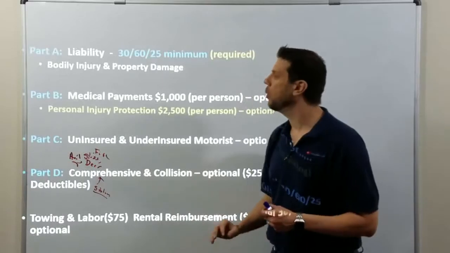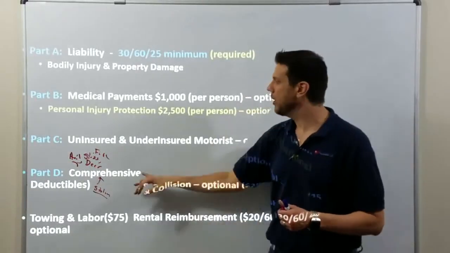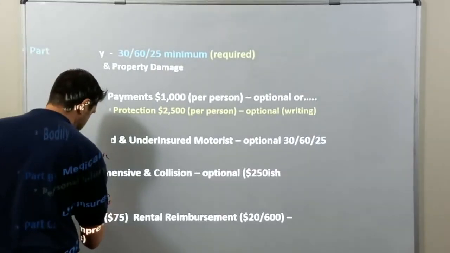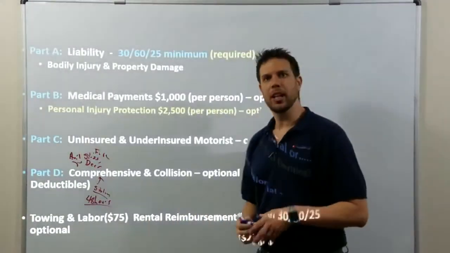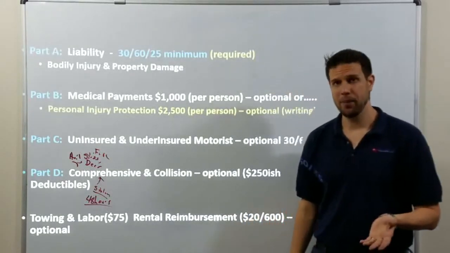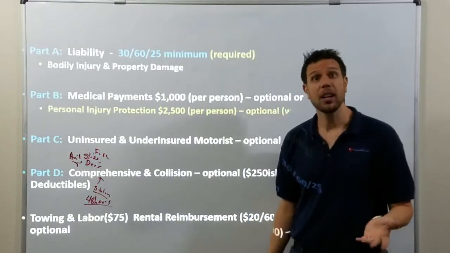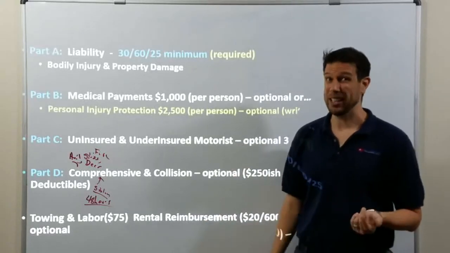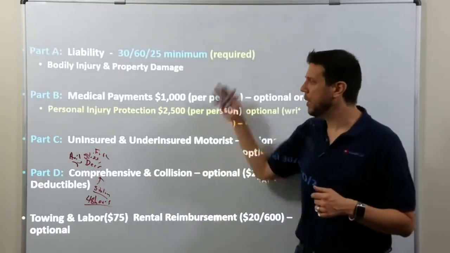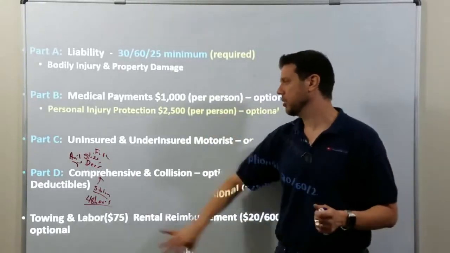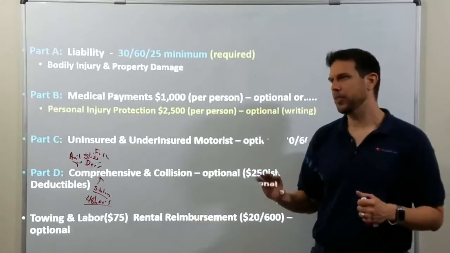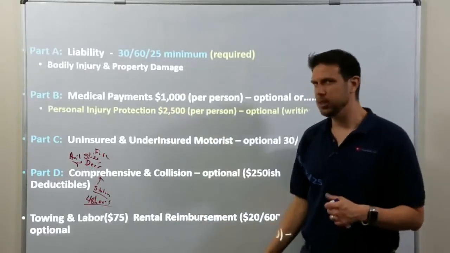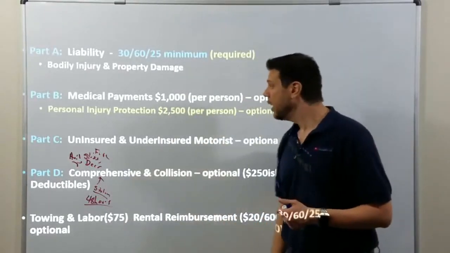If your car is stolen, you have to again call the cops, and you have to give the cops 48 hours minimum to find your car. So like if your car got stolen today, you'd say, well, how am I going to get to work? Well, you'd have to use your rental and towing, but you can't actually get the money for 2 days. Your policy pays out nothing if your car is stolen for the first 2 days. You have to give the cops 2 days to try and find your car. After that, you can start claiming under this stuff. So I guess you're taking the bus for the first 2 days.